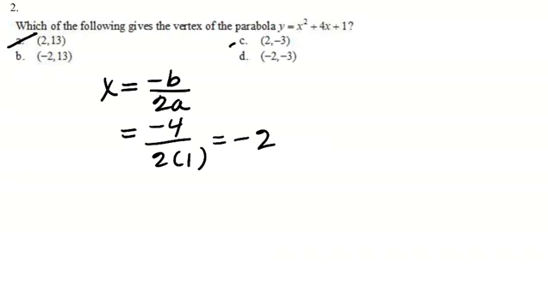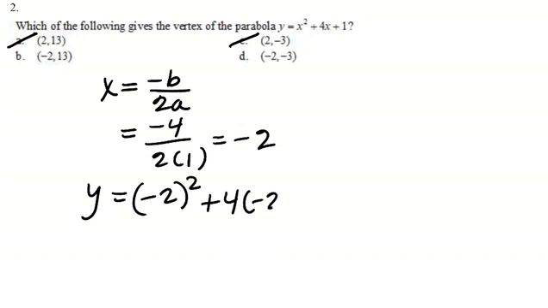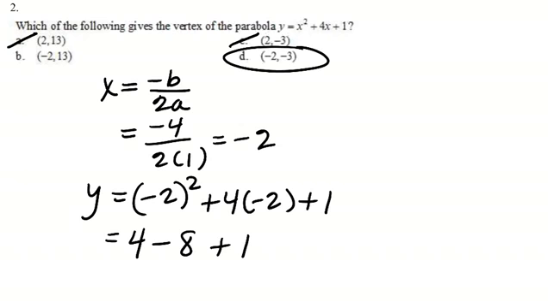Okay, so right off the bat, I can eliminate a and c. And then to find the y value, I'm going to plug the negative 2 back in for x. So I'm going to square negative 2, add 4 times negative 2, and add 1. So this is 4 minus 8 plus 1. Okay, negative 4 plus 1 is negative 3. So it's definitely not